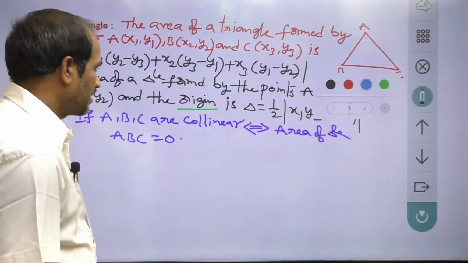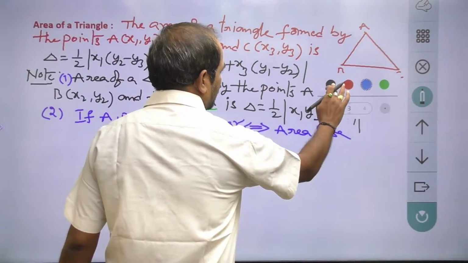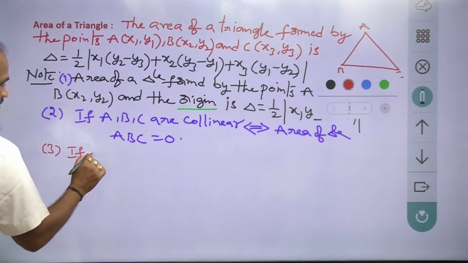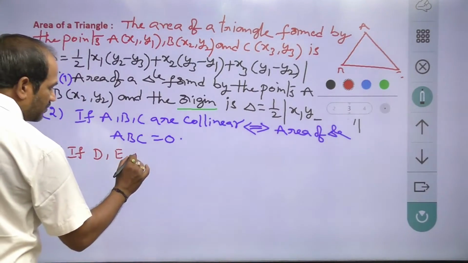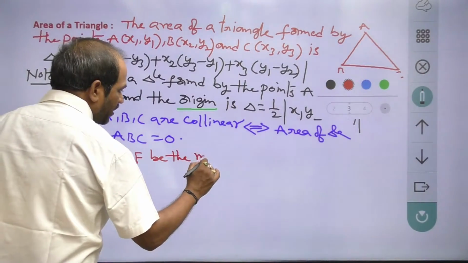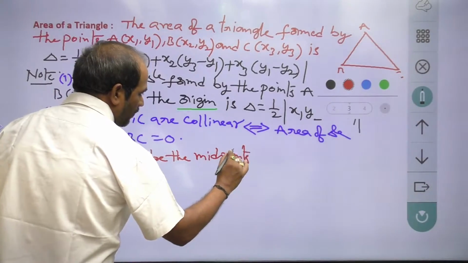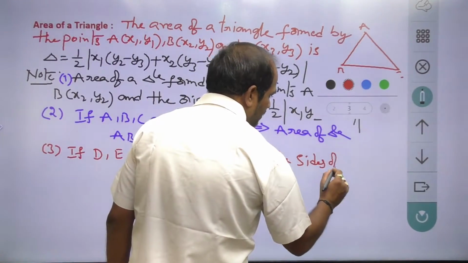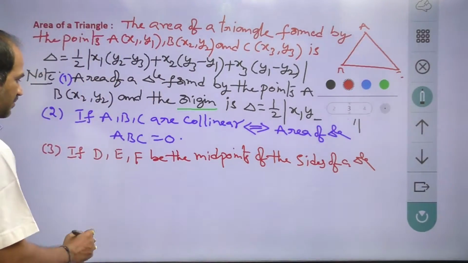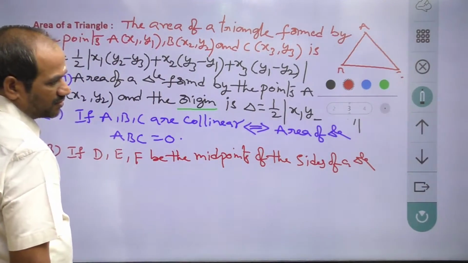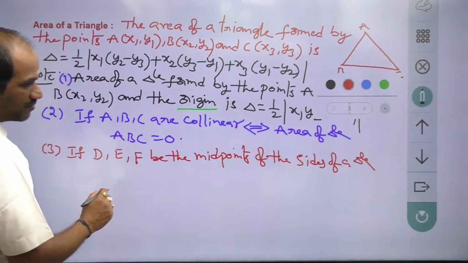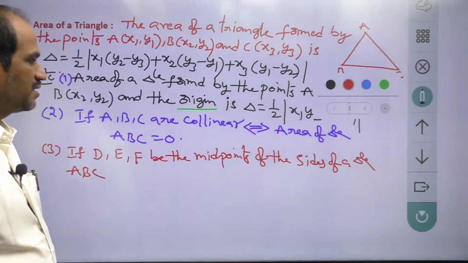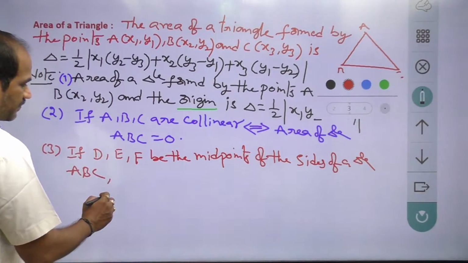Next, the third point. In this third point, if D, E, F are the midpoints of the sides of a triangle ABC, then